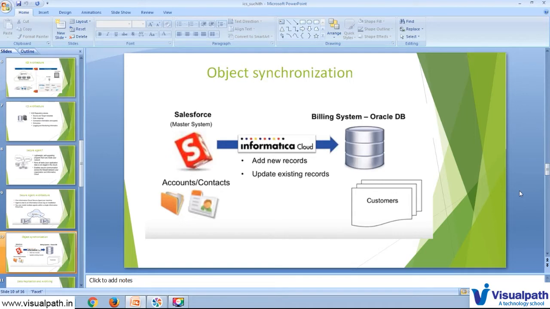Though we can do it by using the mapping also, the advantage of having the synchronization is it's a simpler way. Okay, so for example, in the Informatica PowerCenter, if we want to read data from a file and write into a file, there you need to create the mapping. On top of that, you need to create the session. On top of that, we need to create the workflow. Then only you can run the workflow, right?